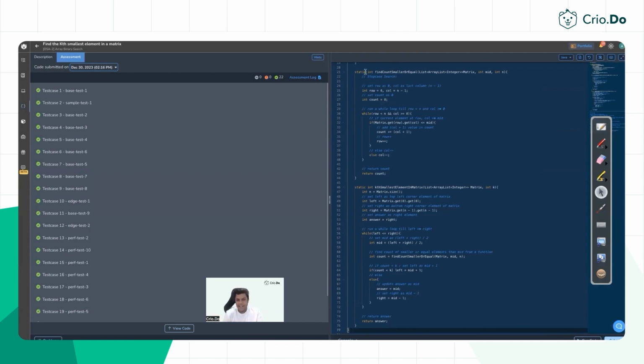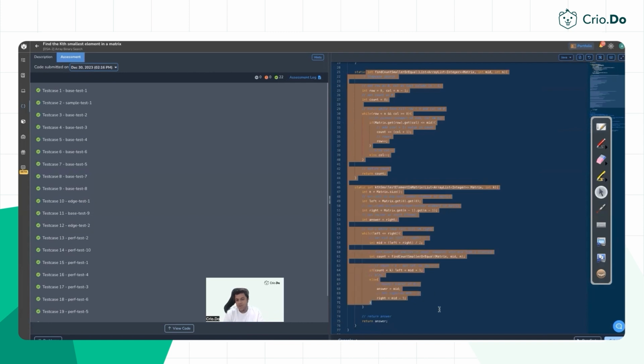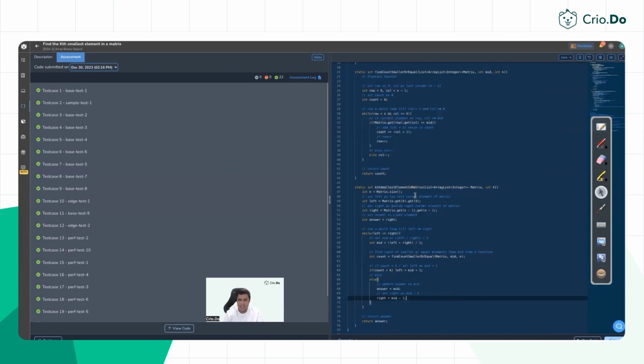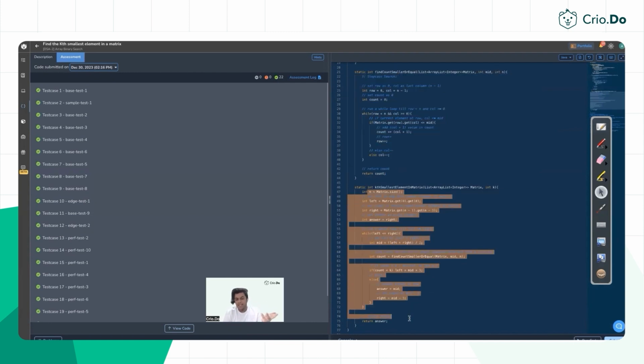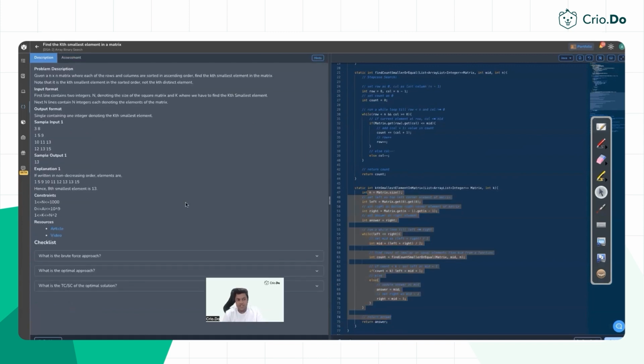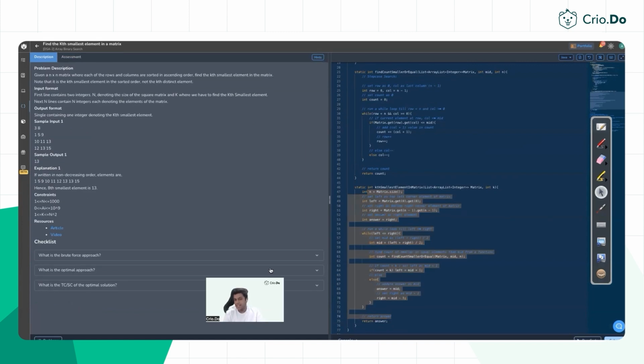Space complexity: are we taking any extra space? We are not taking any extra space as such, because the stepped case search is just a searching algorithm without extra space, and the binary search on the answer also is not actually creating an array. It is just a number line on which we are applying binary search. So constant space and n times log v time, that is the most optimized solution which you can get for the kth smallest element in a sorted